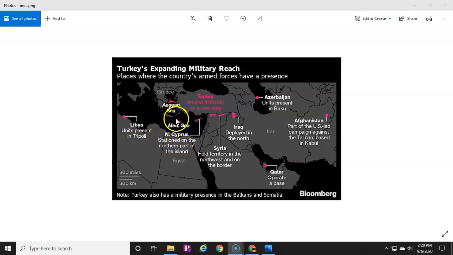He's in the Mediterranean Sea. He's over in Greece. He's affecting Greece over here. He's affecting a number of different fronts right now. And so as we watch him expand, we'll start to see him form these 10 nations. And they've already pretty much anointed Erdogan as the leader of the Muslim community over here.